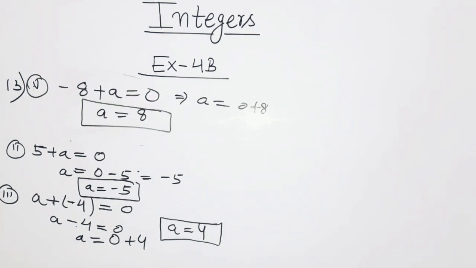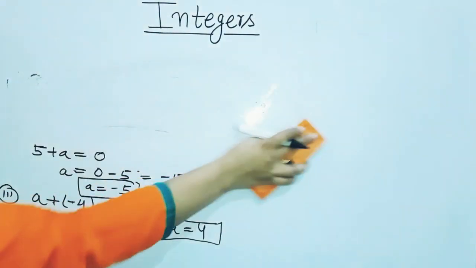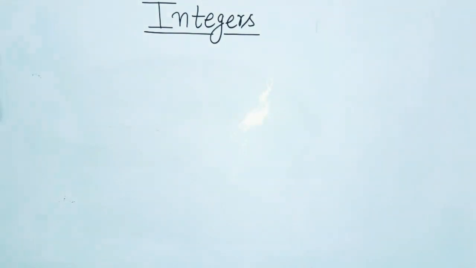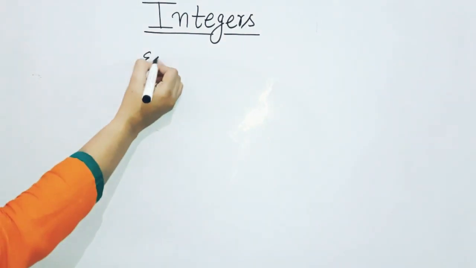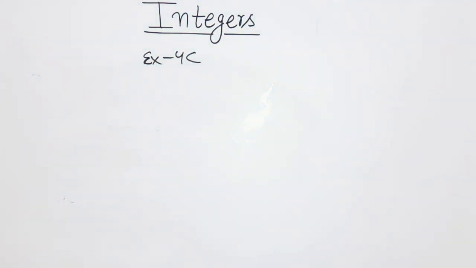So coming to the next exercise, that is subtraction of integers, which I have already started, right? In that exercise I have got one query from my own class student Sia Singh. So I am going to explain that query. So please pay attention students. So let me rub this. Right. Exercise 4C. This exercise is based on subtraction of integers.